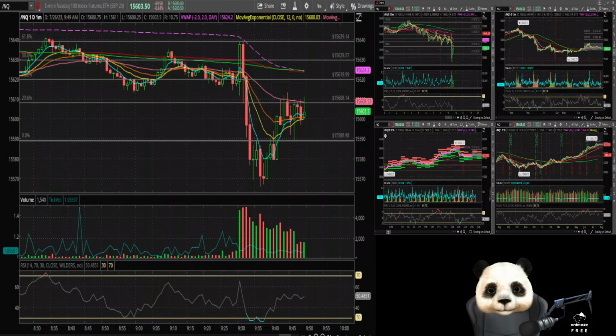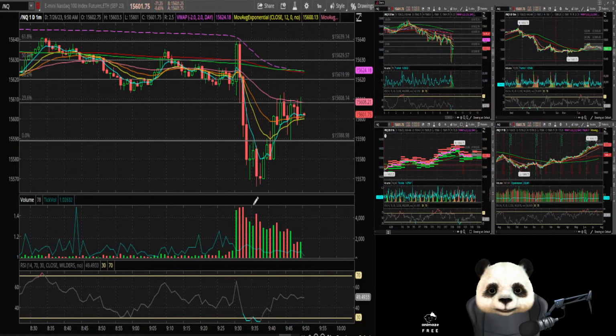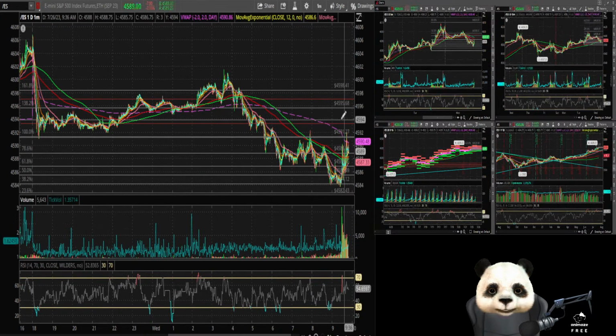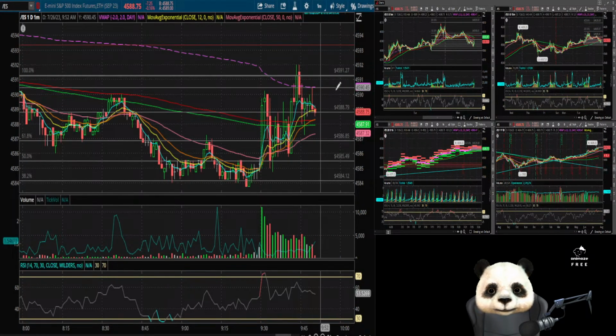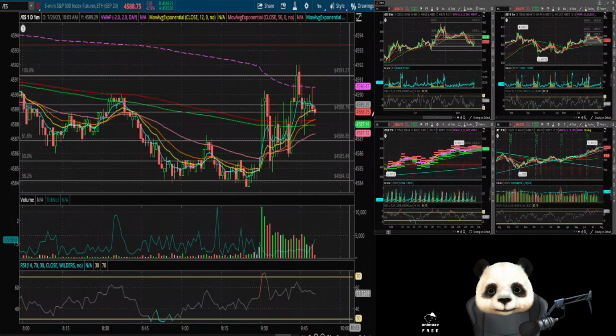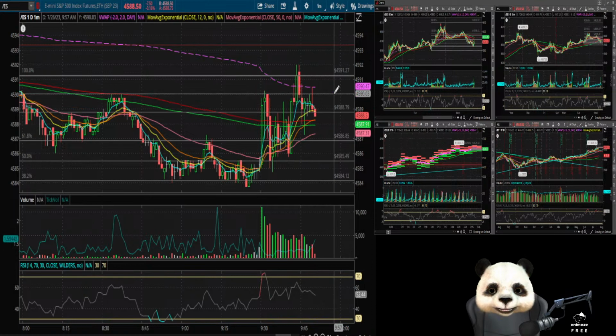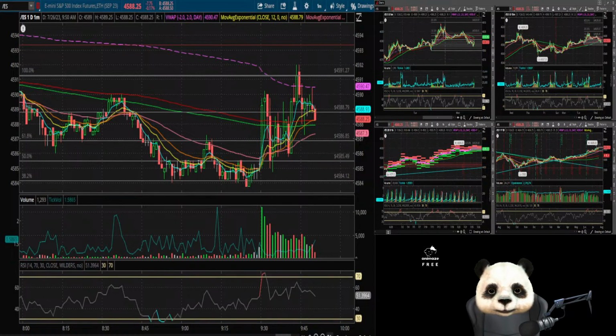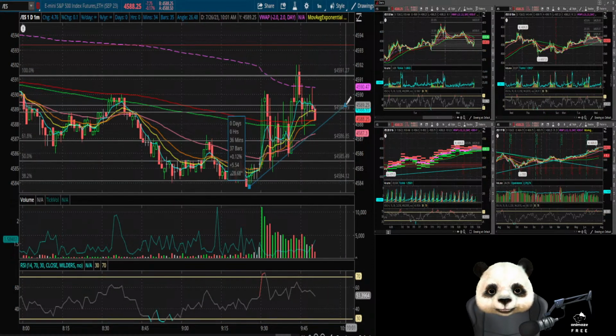I think it'll really be contingent upon how the S&P reacts here. S&P is kind of just chilling on VWAP. It broke up to the upside a little bit, but immediately back down. Let's take a look here. So we see that break above, and now we're just back below this 4,590 level. Kind of creating a little upward trend here.